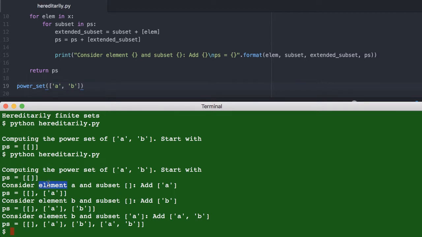We're considering the element A and the subset which is already in it, the empty set. So this extended subset is the empty set together with this element A in brackets. So this is what's going to be added as an element to the power set. Okay, so from here we go there. And then for the first outer loop,